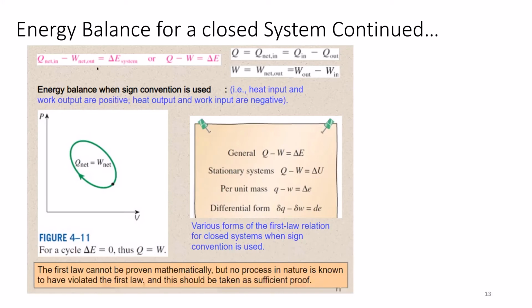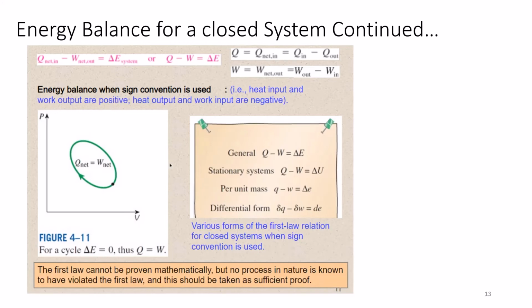Okay. So if we talk about it in terms of the total change in the energy of the system, for closed systems we say whatever's in minus whatever's out. This gives you the change in the system, right? And then the same thing here, net in minus the difference between these two, and here's the difference between these two